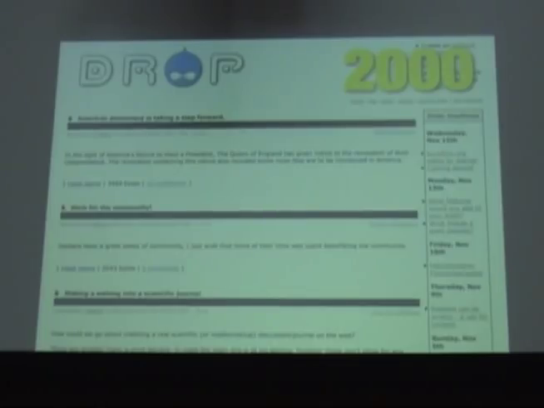So drop.org was late 2000. I think this is December 3rd, this page is the first version of drop.org in the Wayback Machine, which incidentally I hate now. You think, oh, I'm going to go find it, and it's all broken and stuff. Anyway, but also note that that's the Drupal drop icon. I mean, it was right there. This is the first version of the website that we can find in the history books.